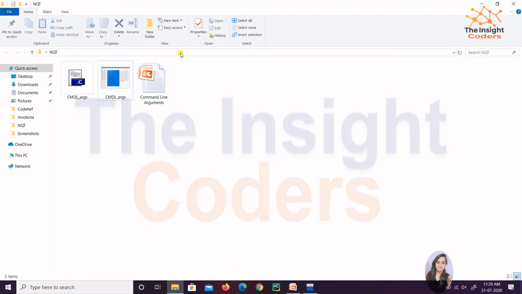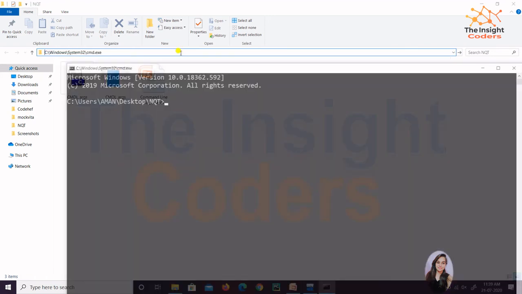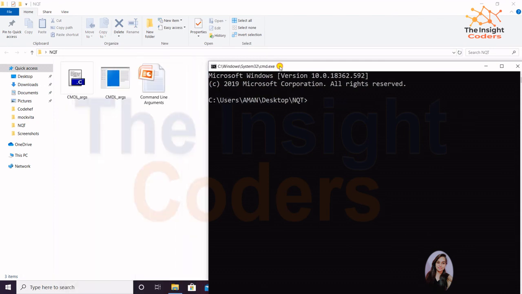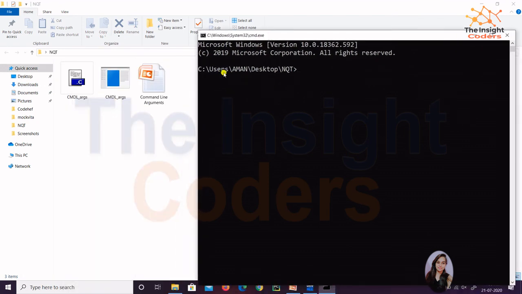The next step is to click on this and write cmd and press enter. This will open our command line, the command prompt. I did so because you can also search from here, but for that you have to change the directory and go to this directory. But if you do it this way, you will already be in the right place. Alright. So the next step is to paste the name you just copied.